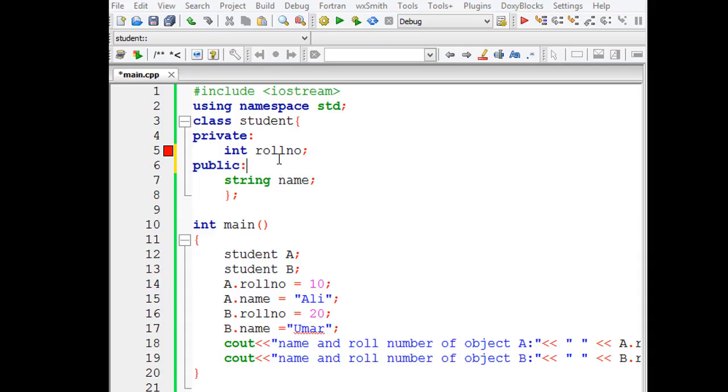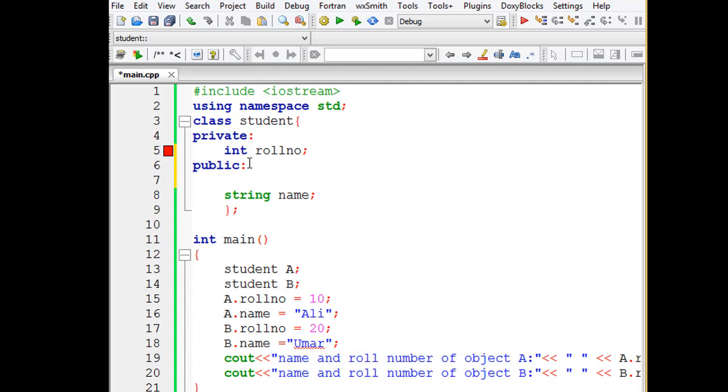So to access the private member, we have to define the getter and setter functions under the public access specifier. First we will define the getter function. We define int, because int is the return type: it returns the roll number, which is an integer.